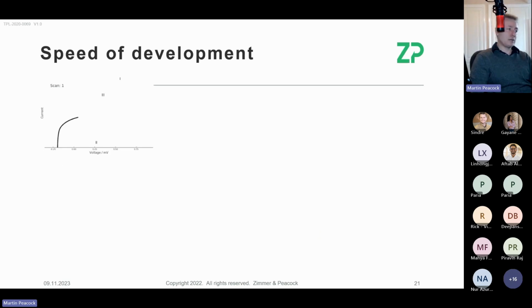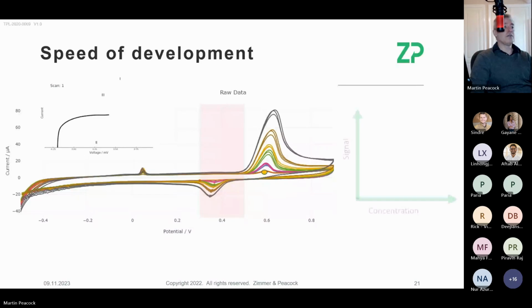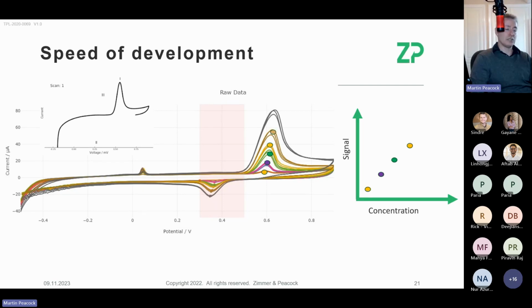So at ZP, we're really quite good at speed of development. What I mean by that is we can go into a lab, make up a series of concentrations, and test those concentrations. We have domain knowledge, so we know how to pull the signal out of our data. This is voltammetry. I'm sure many of you are familiar with voltammetry. I recognize lots of the names, including a couple of doctors and professors here, so I'm not going to overplay this, but we are pretty quick at development. And it really comes about